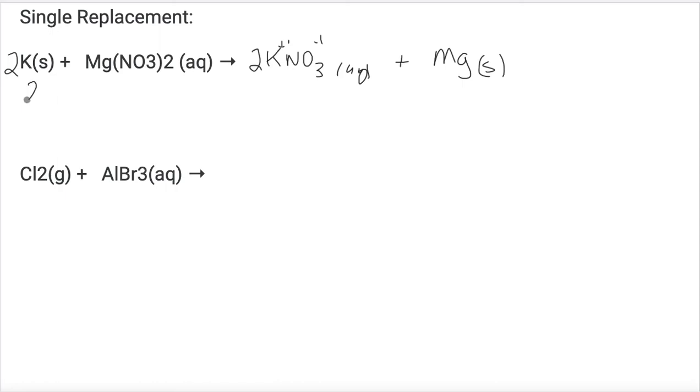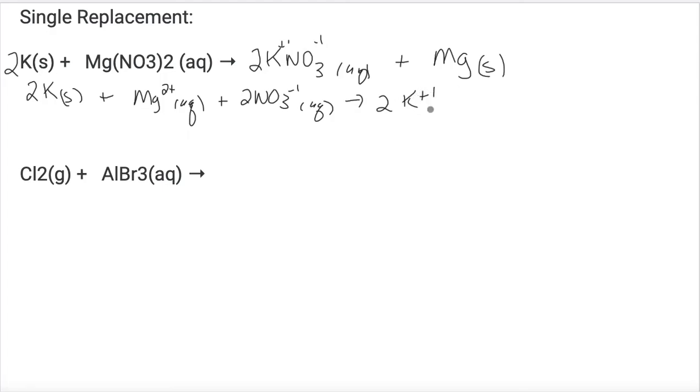Okay, now what will happen is we can cross off any spectator ions, or we could rewrite it the long way. So we could rewrite it: 2K solid, not an ion, so I don't put a charge, plus magnesium, 2 plus ion, AQ, plus 2 nitrate ions, -1, AQ. Arrow, 2 potassium ions, +1, it's important to have the charge on the AQ things, plus 2 nitrates, -1, AQ,